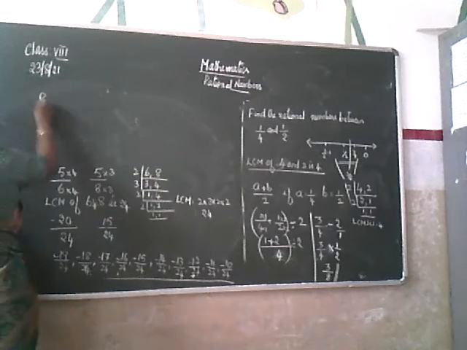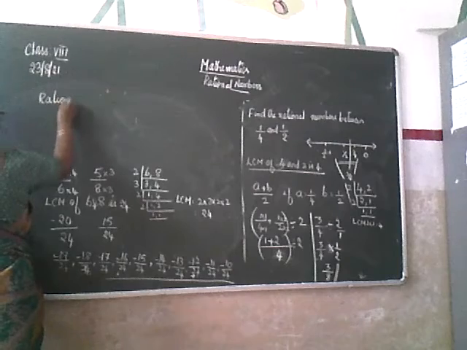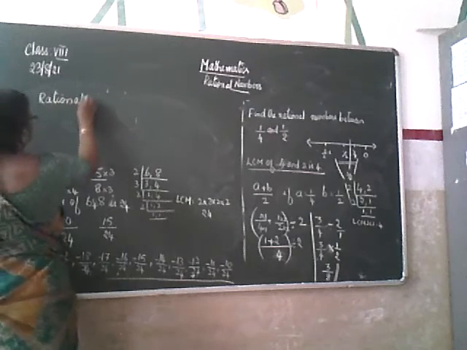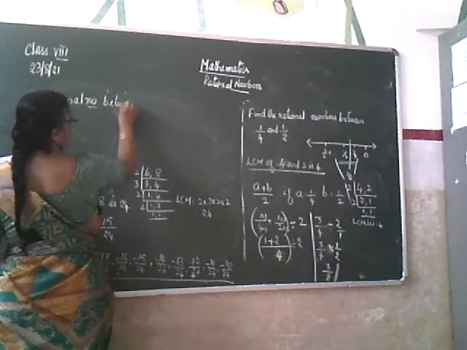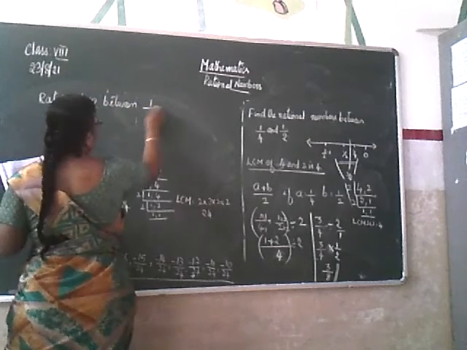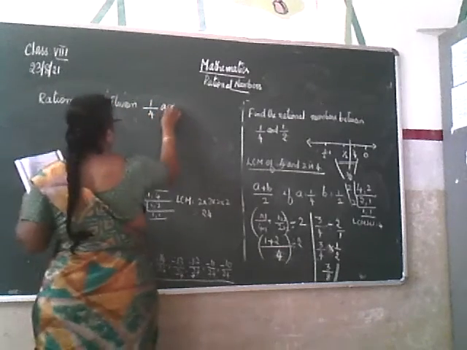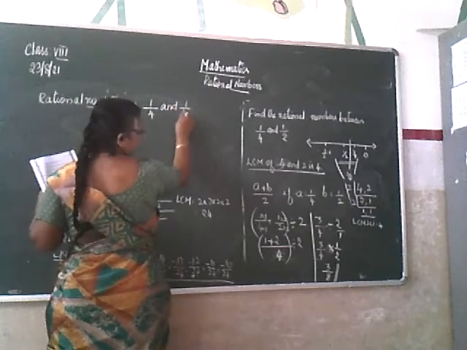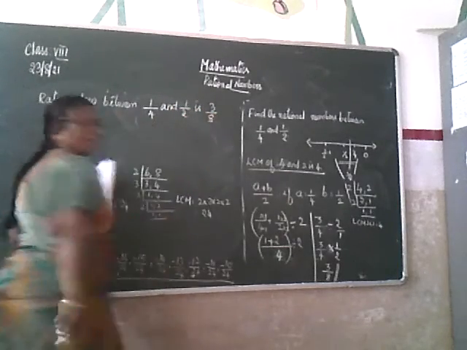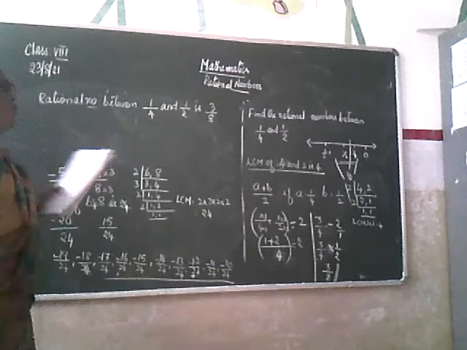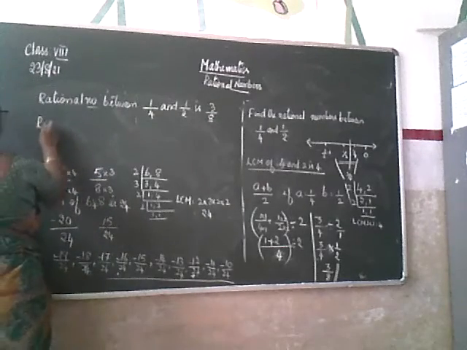So now I can write rational number between 1 by 4 and 1 by 2 is 3 by 8. Now I can find one more also. How? Rational number